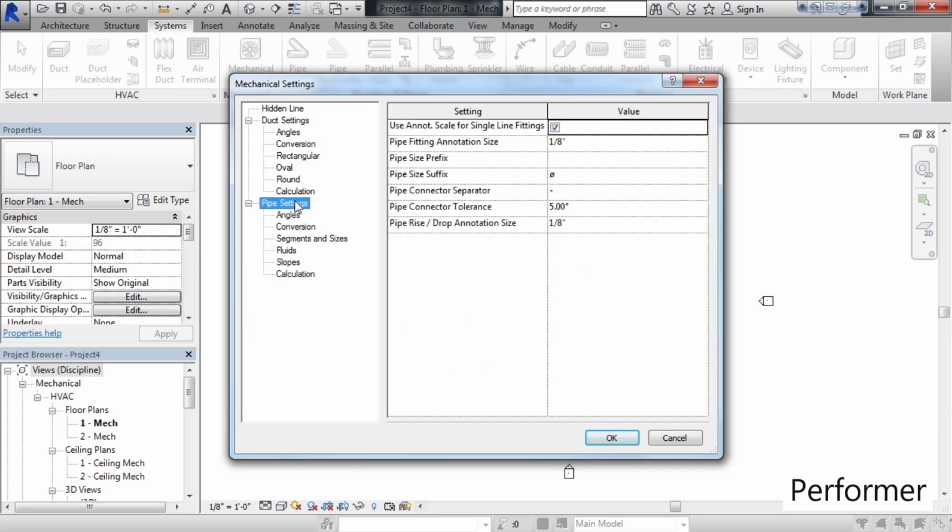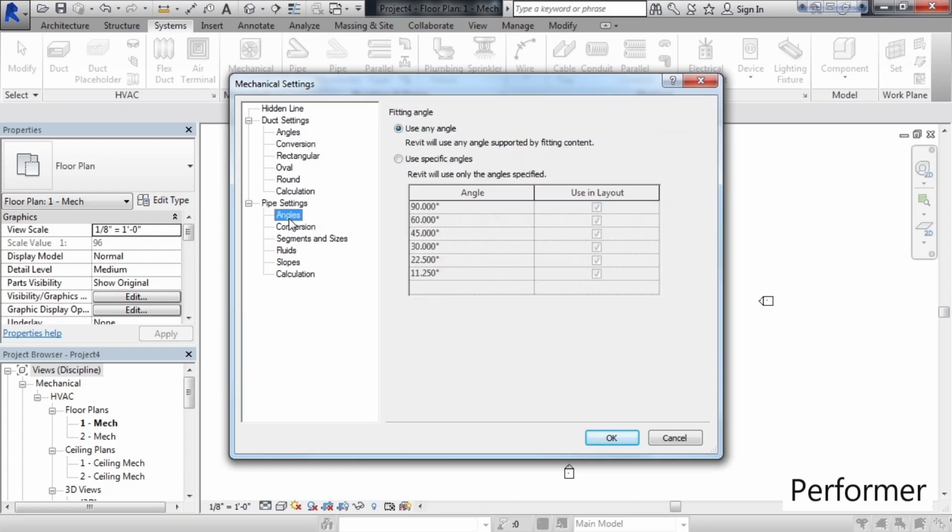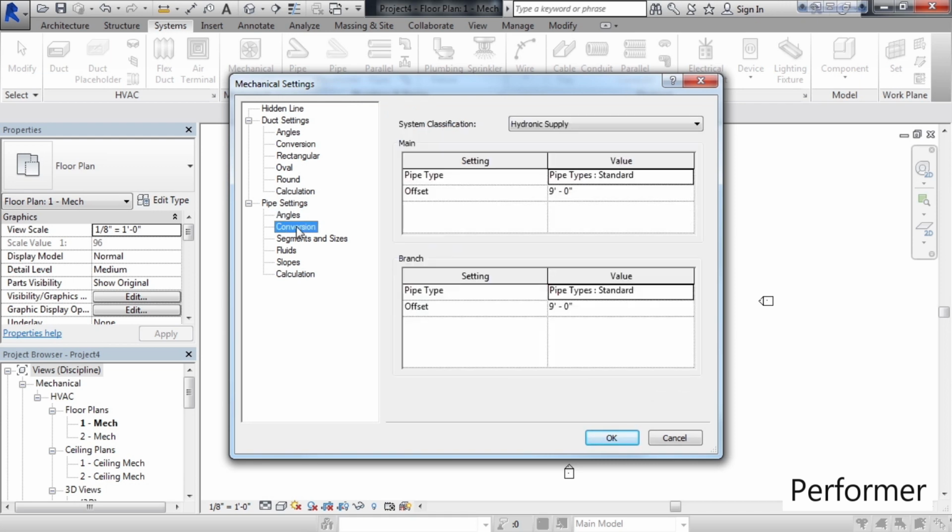So go ahead and click Pipe Settings. Listed here are various settings and values. Click on Angles. This is where you can specify to use specific angles or use any angle that you want to create. Click Conversion. This is where I can set my different system classification by the drop-down in the top